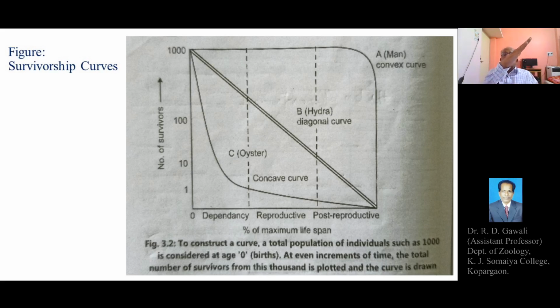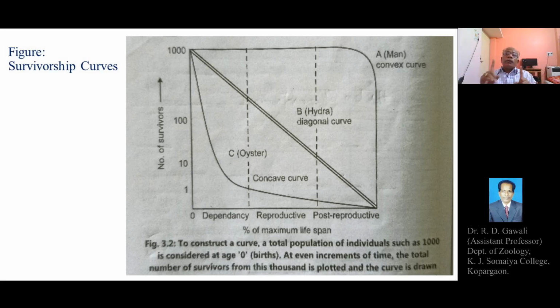So there is a continuous decline, or a decrease, of the population with an equal death rate in all three stages of the life of the individuals of a population, and that's why the curve appears to be straight or diagonal, because of the constant death rate throughout all three stages, that is pre-reproductive, reproductive, and post-reproductive stages.